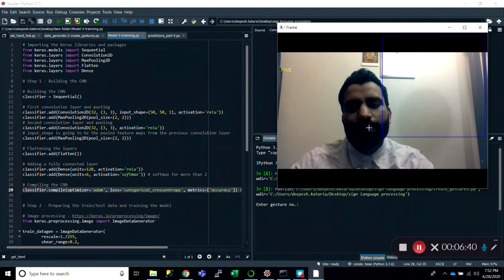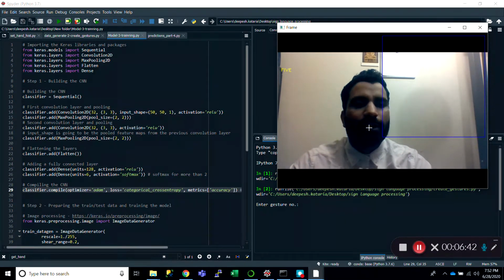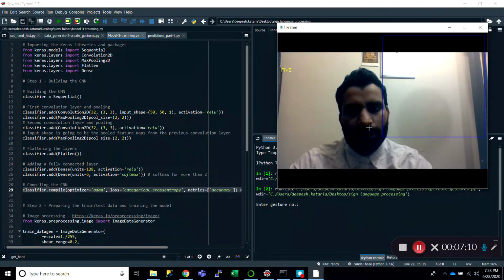After this, we have used image processing and fed our images into the model and trained it for 10 epochs. The model is quite computationally expensive, and it takes like 4 to 5 hours to run if you have only a CPU. It will take less time if you have a GPU, about 3 to 4 hours. So I'm not going to run our model right now. I have already run it in the night, and it takes like 4 to 5 hours to save the model